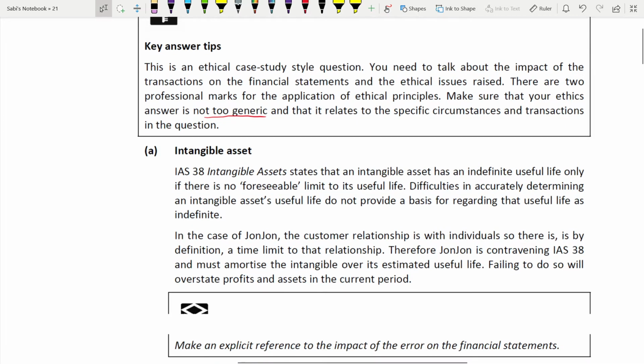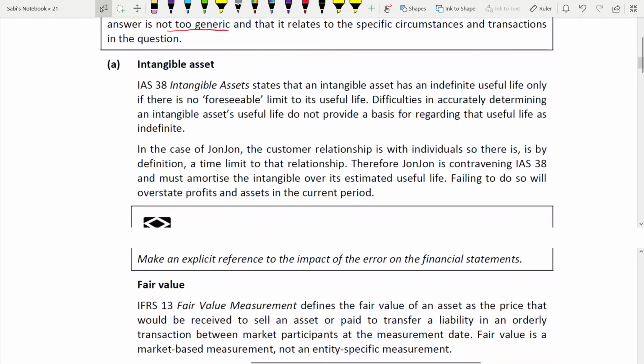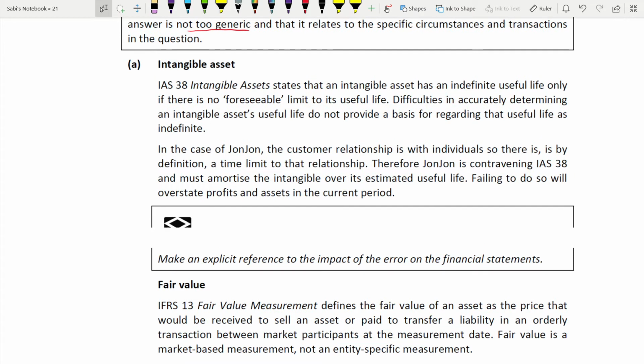Now let us go through intangible asset. When you are answering different accounting issues, please make sure that you use a proper subheading, and the subheading should not be a long sentence. It should be 2 or 3 words, or even one word if possible. So here the issue is intangible asset. Just use intangible asset, or you can even write IAS 38. Anything is fine. So which standard are you using? How do you start answering this? You start by referring to the standard, which is IAS 38.